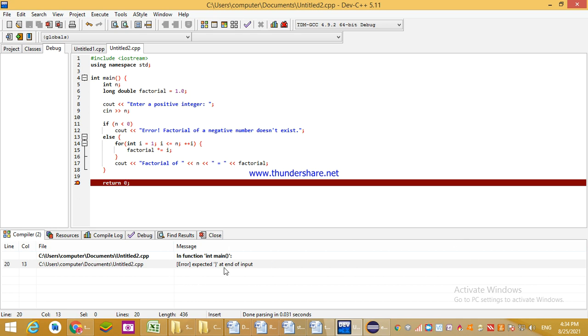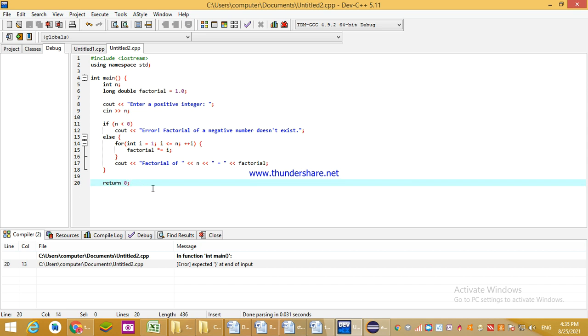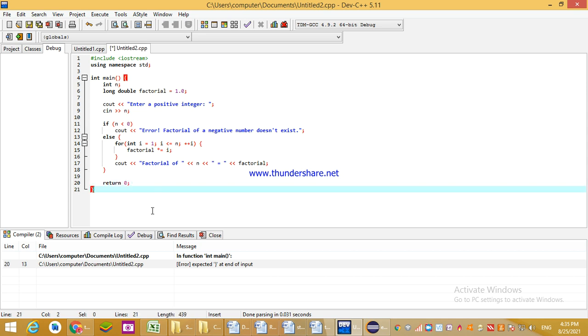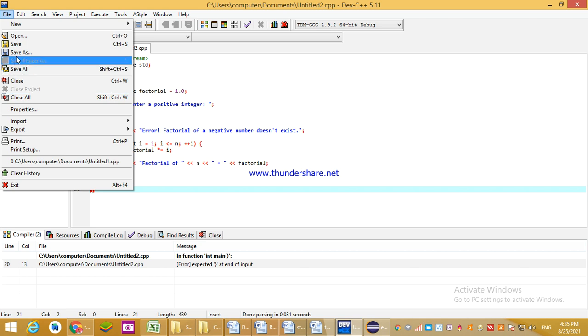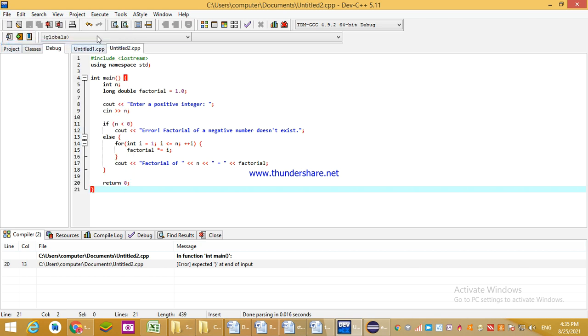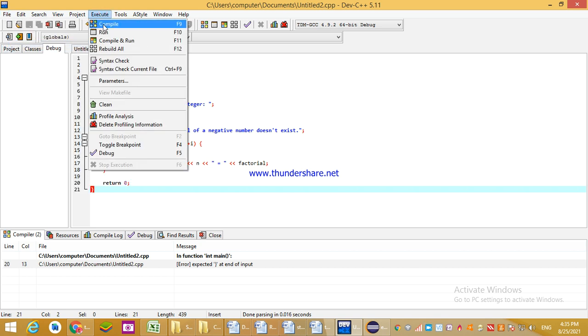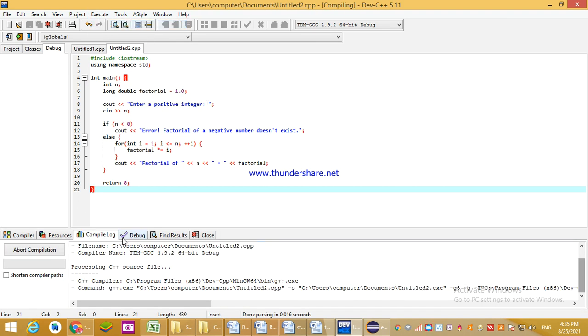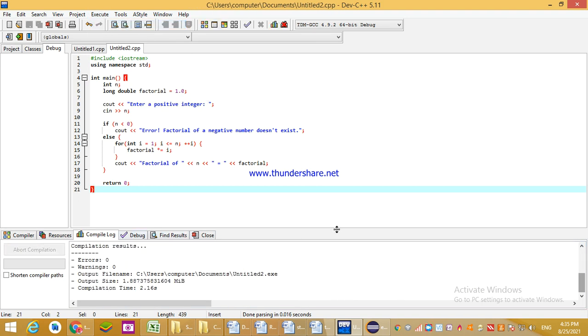It is showing some error over here. Why is that? Because we have to put one compound statement, a curly bracket. Then I am clicking on save. Then again I am executing the program. Now it is executed, right? See over here, error 0 and warning 0, meaning the program has 0 errors and 0 warnings.